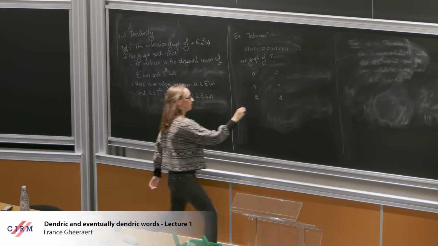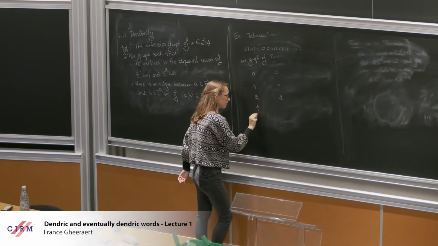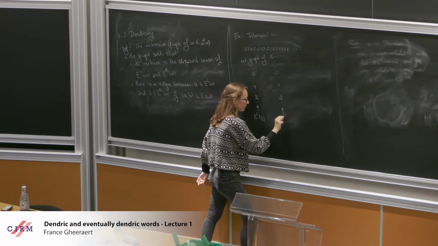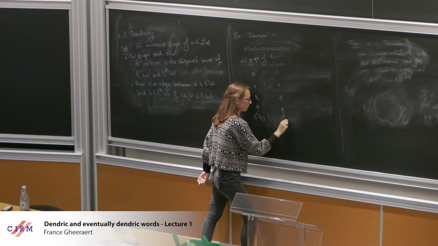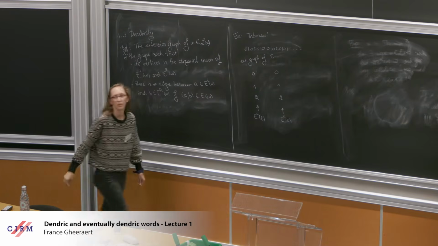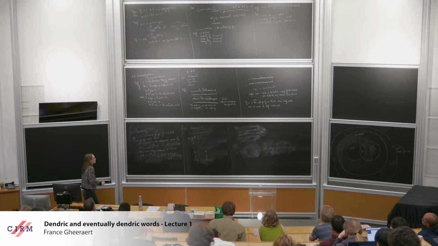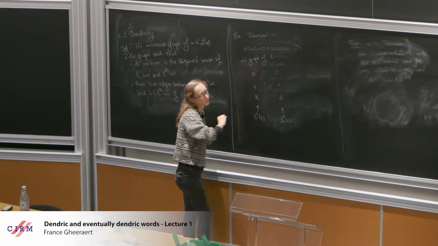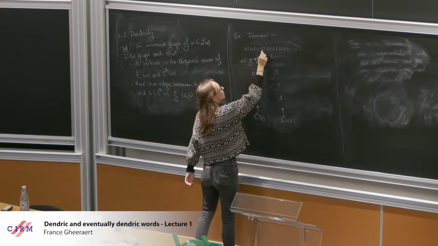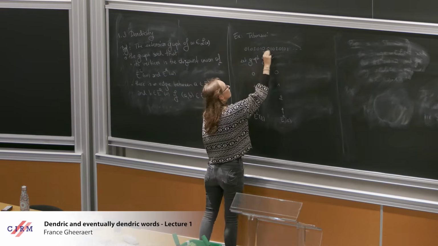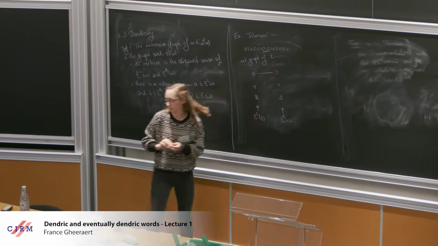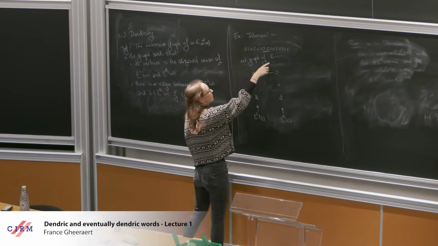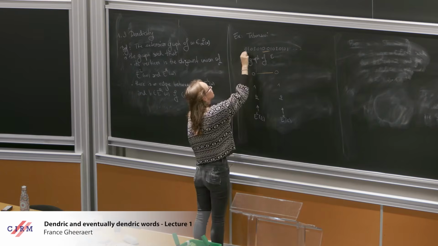So, these will be the left extensions of my empty word, and these will be the right extensions of my empty word. Okay, and now how do I connect these? Well, I check whether 0, empty word 0 appears. Well, it does, it's here. So I connect these two. I check whether 0, empty word 1 appears. It does here, for example.